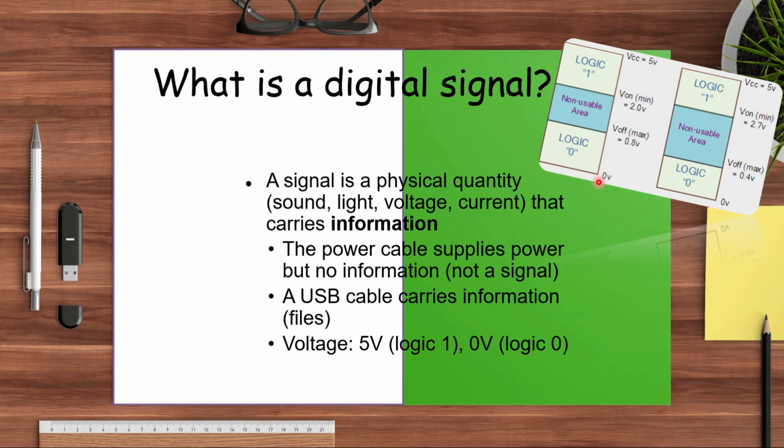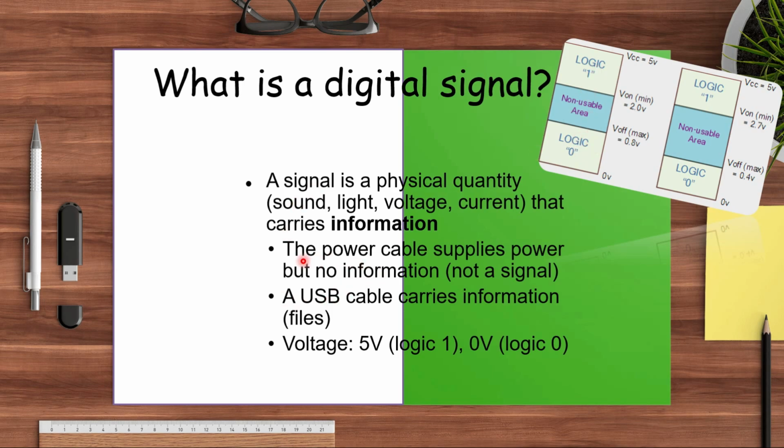We can have ranges where we can say that 0 to say 0.8 volt or 0 to 1.5 volt is my off condition, and say 3.5 or 2 volt to 5 volt is my on condition. So if voltage is near 0 up to 1.5, the signal will read as off. If it is above 3.5, it will read as on condition. In between, those are non-usable, and the intermediate stage is neglected. We do not use this. We use only on and off condition.